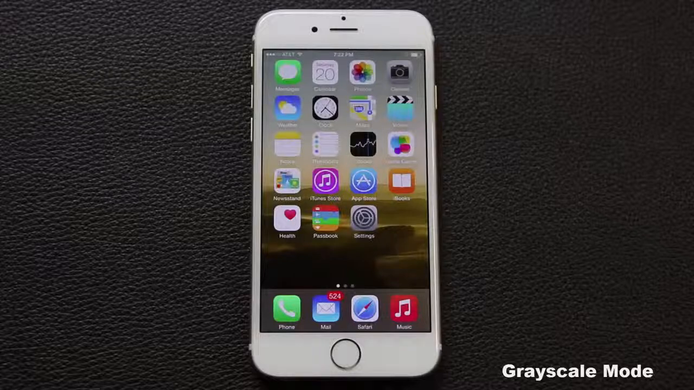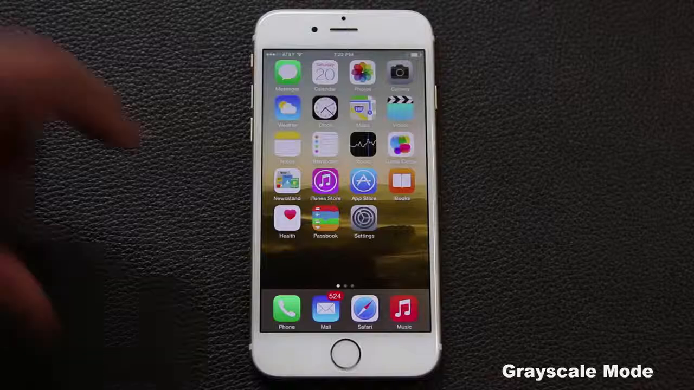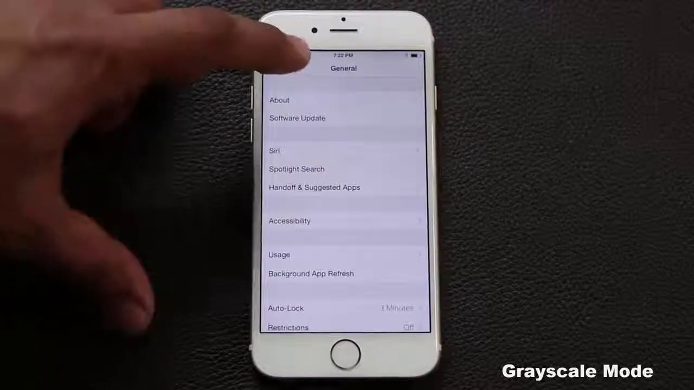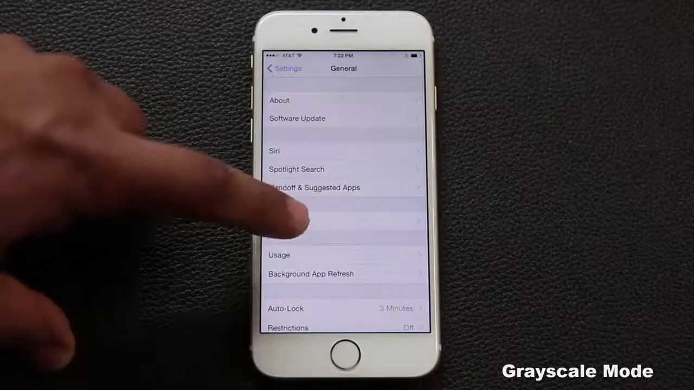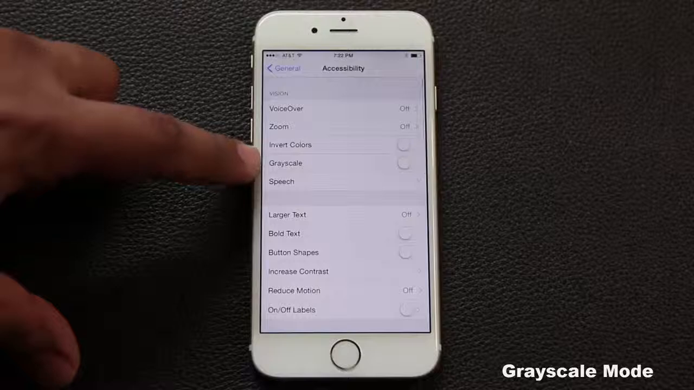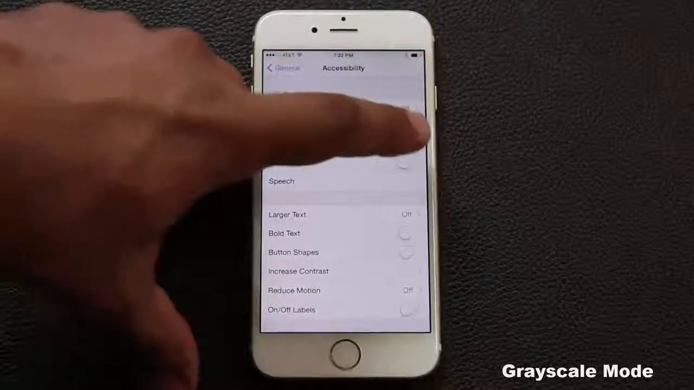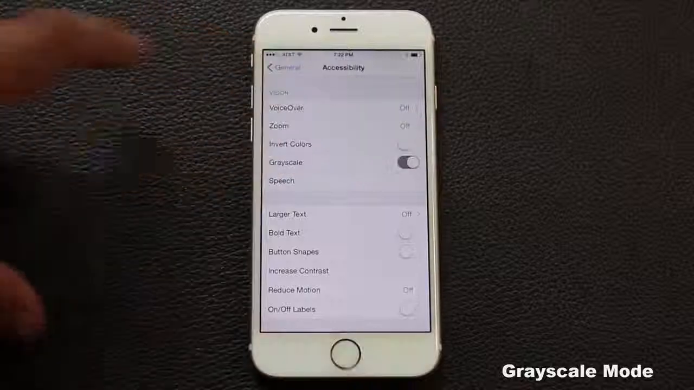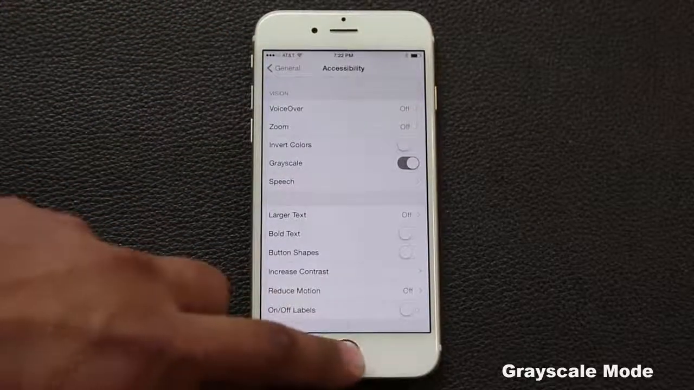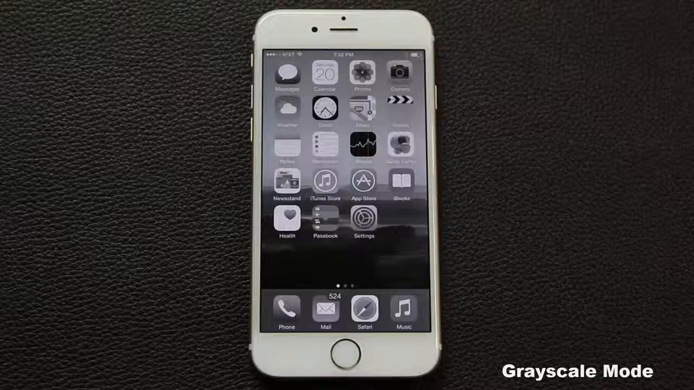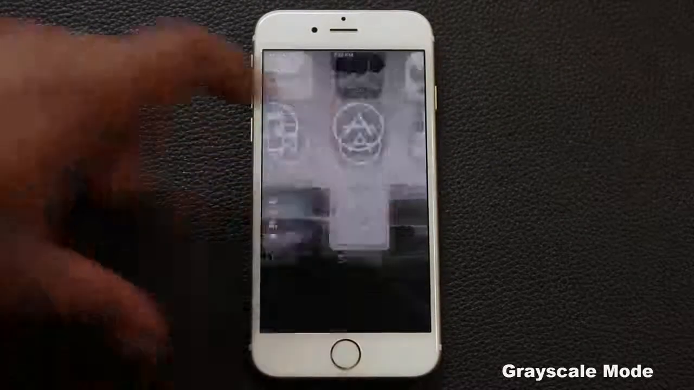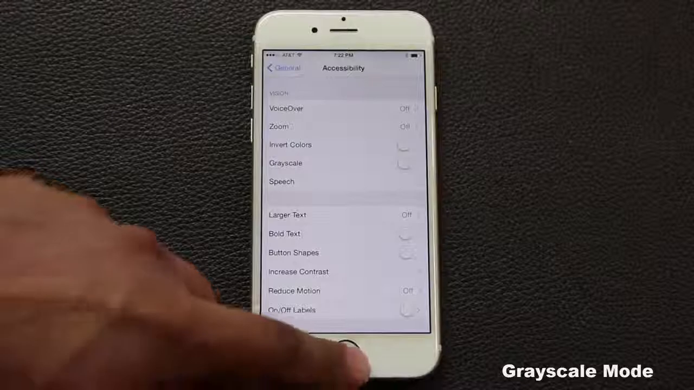Alright, so the first tip I want to go over is the tip that allows you to turn your iPhone into a black and white device. If you go into settings, go under general, tap on accessibility, and from here, just tap on grayscale. Tap this button. That's going to turn on the feature, and once you go out, everything in your phone is now black and white. Not only does this look cool, it allows you to preserve your battery as well. Now if you go back into settings and just turn it off,